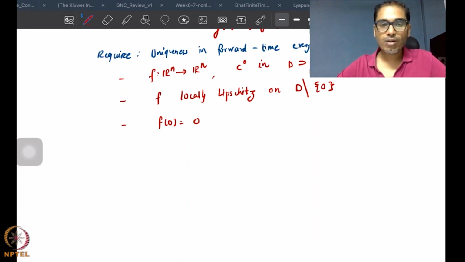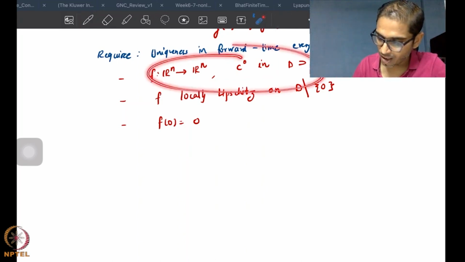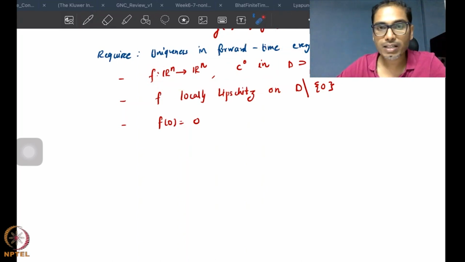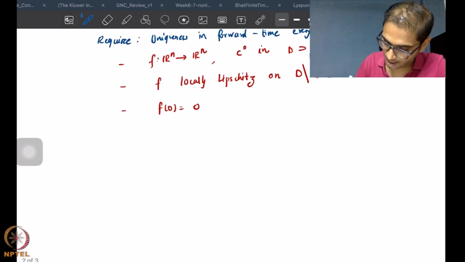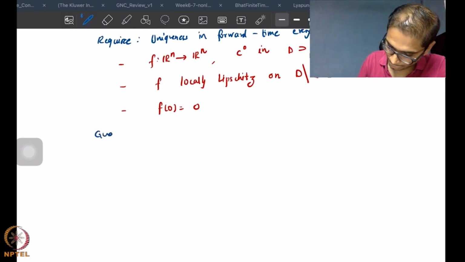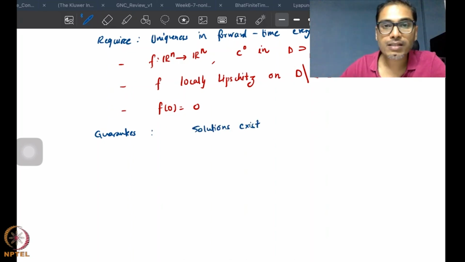All right, so now without going into too much detail, we already know that solutions exist because of continuity of f. So by continuity, which is in the entire domain, solutions do exist. And further, this is what I will actually write here. What are the guarantees from the above assumptions? Solutions exist